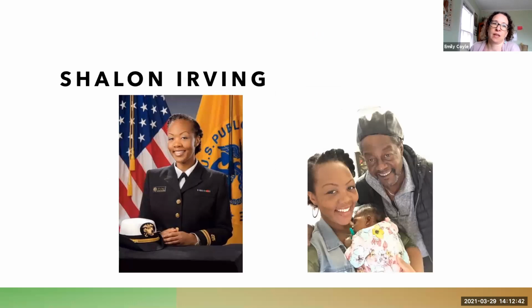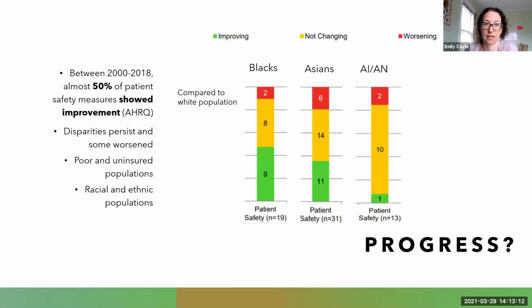And then I just want to share real quickly, there's a specific example you may recall from the tragic death of SHALON Irving in 2017. SHALON was a lieutenant commander in the Commissioned Corps of the U.S. Public Health Service. She worked in healthcare, she held a doctorate and 2 master's degrees. But after giving birth, she had a spike in her blood pressure, swelling in her legs. She visited her healthcare providers on many occasions. She received a lot of tests, but she was ultimately sent home without adequate attention to what was going wrong.